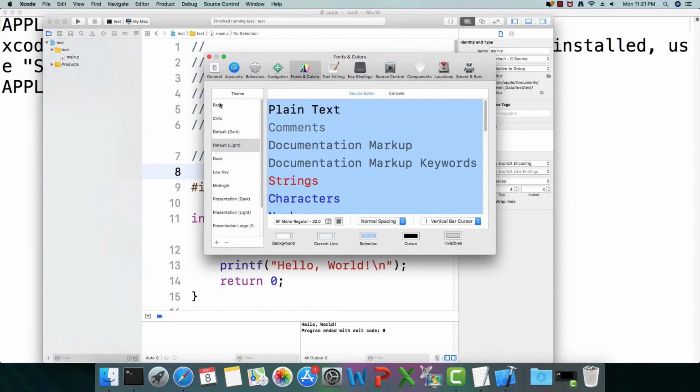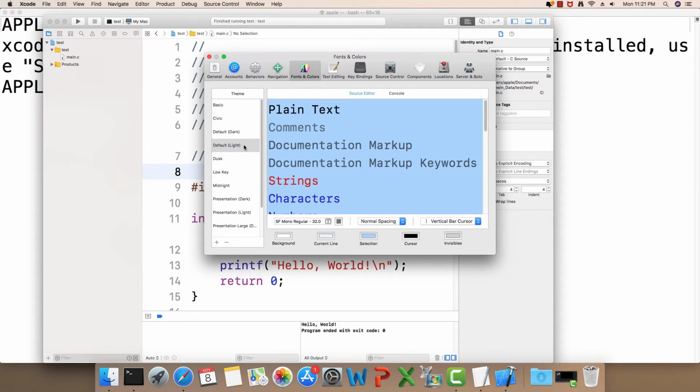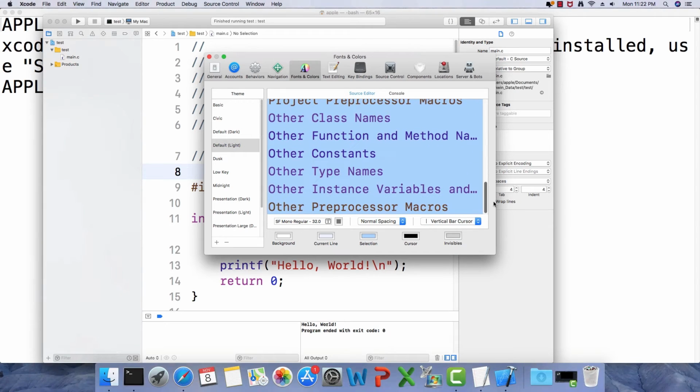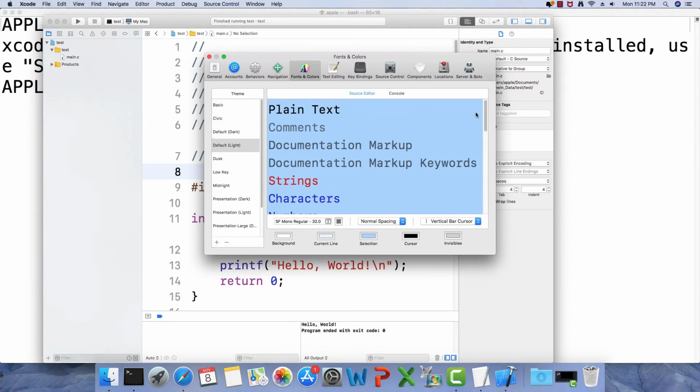Here this is your theme and this is the default light theme. I have chosen everything here by pressing the shift key and, while it is pressed, clicking the last option. So it shows everything.